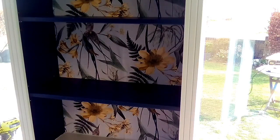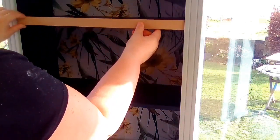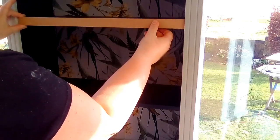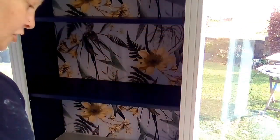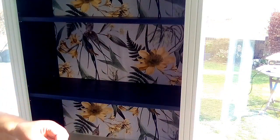Do we think that'll look alright? Well, if not I can pull it off I suppose, can't I? So I don't know whether to put them on first and paint them, or paint them then put them on. Mind you, yes. Yes. If